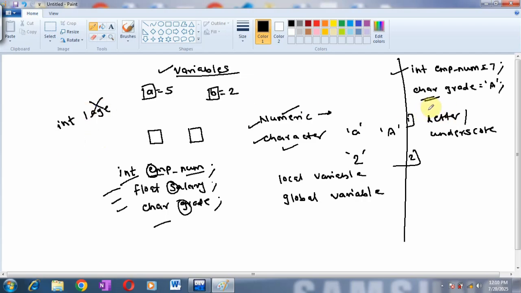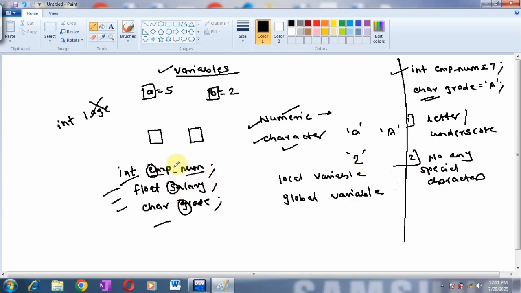The second rule is, after the first character, the variable name can consist of letters, digits and underscore. So no special characters are allowed in the name of the variable. For example, these are all valid names.